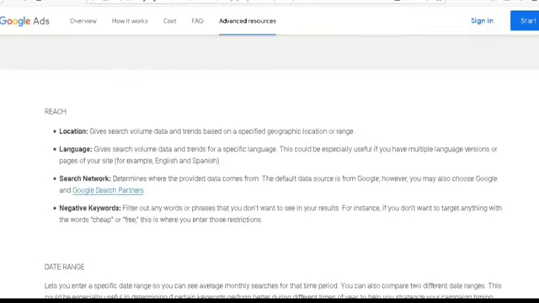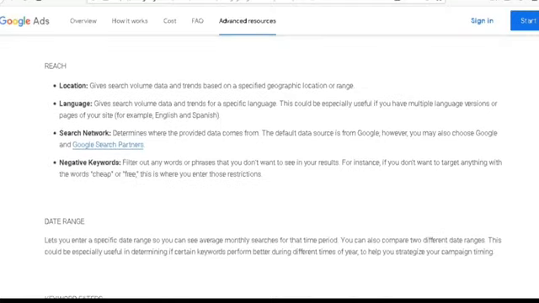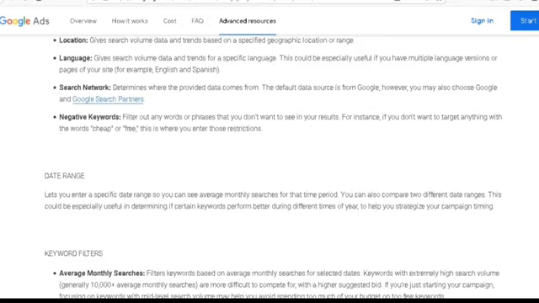Negative keywords filter out any words and phrases that you don't want to see in your results. For instance, if you don't want to target anything with the words cheap or free, you enter those restrictions. Date range lets you enter a specific date range so you can see average monthly searches for that time period.